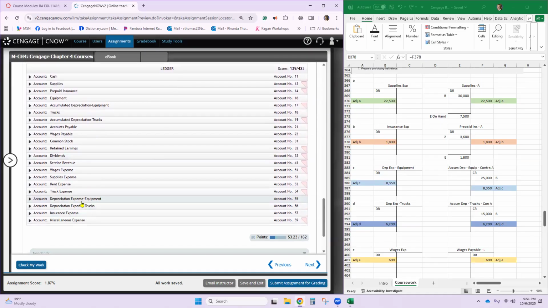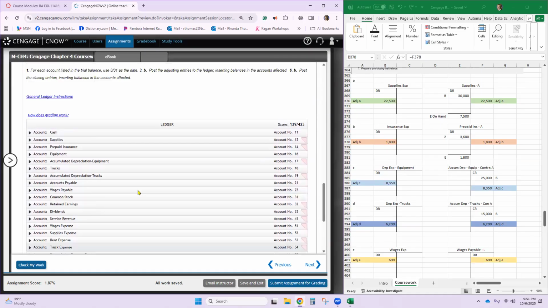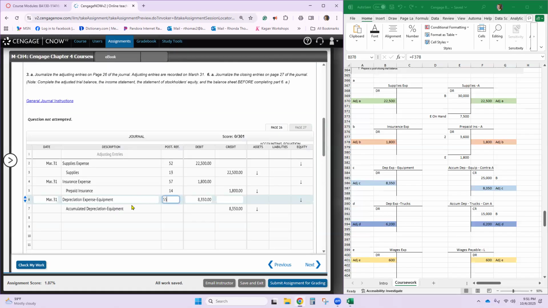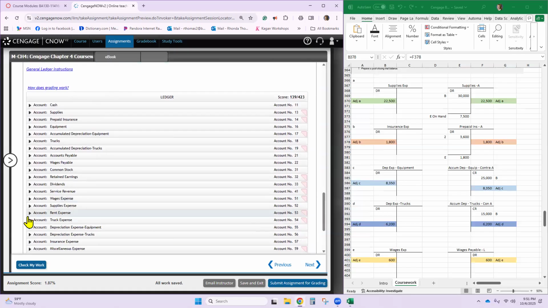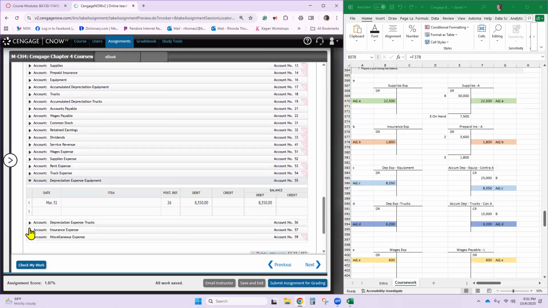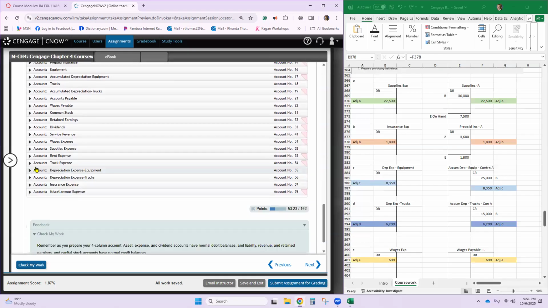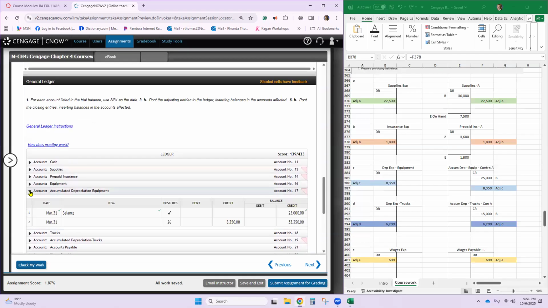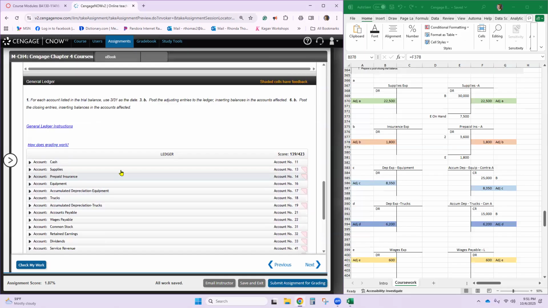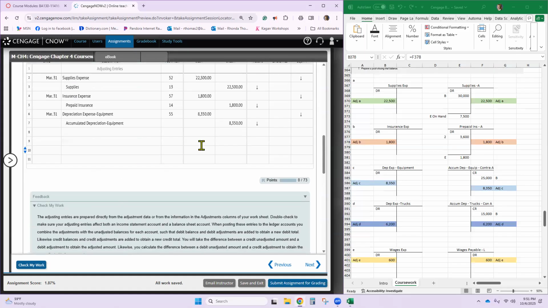Depreciation expense equipment number 55. Let's just double check that's where I put it. Yes. Okay. And then accumulated depreciation equipment. Yes. So this is category. Let's put in next one, March 31st.